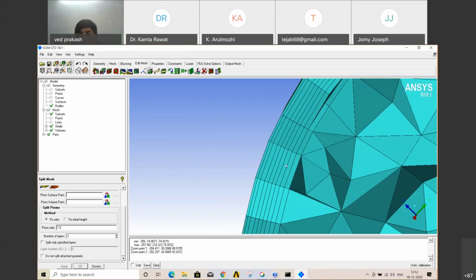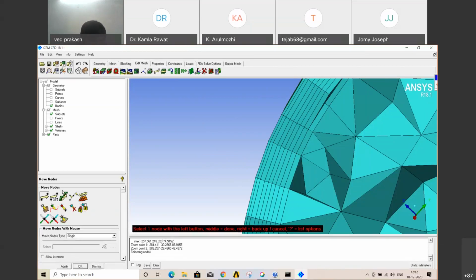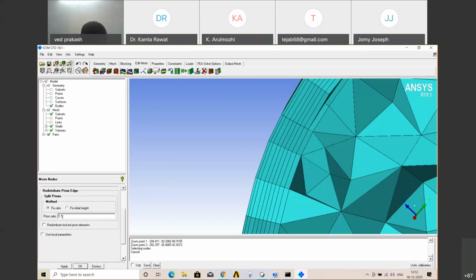Now what we want is inflation near the boundary. So at the boundary we want elements to be very small compared to the center. So for that, go to split mesh. There is an option move nodes, and there is a fifth option redistribute prism edges. Here you can change your prism ratio, which we usually use 1.2.